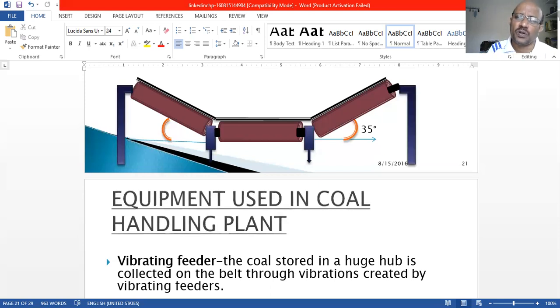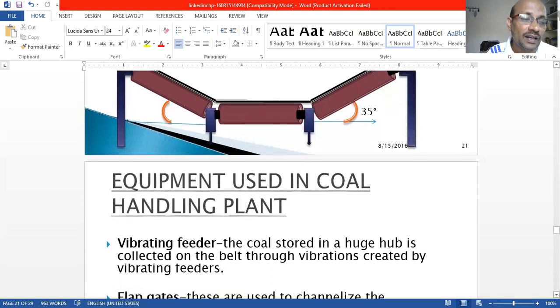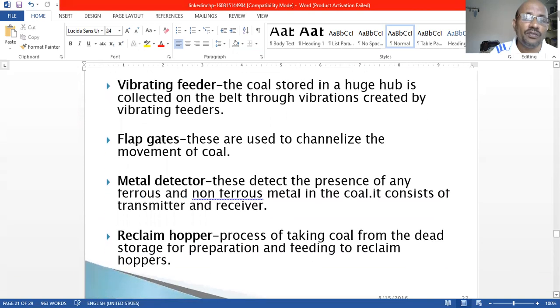So we have to transport now. That is the thing we are having in all these. Next, the length of the belt, how much you want you can take, but at the same time power consumption is also more. So here the vibrating feeder will be there. With that vibrating feeder, we fixed the angle and we are going to transport the coal to the furnace. So here we have one more thing.